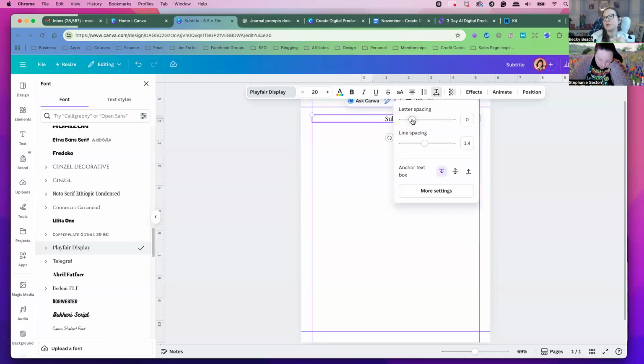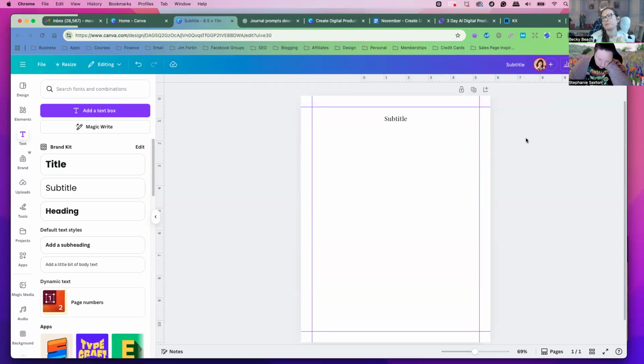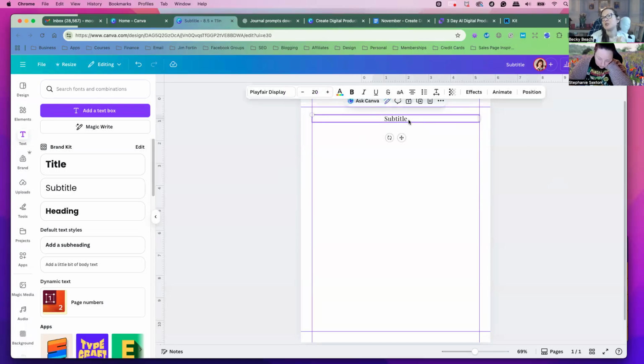And I just want to have the letter spacing a little bit further apart for the kerning, because Canva can't really do kerning as well as InDesign, and kerning is the space between the letters within the text. I think it just looks better if you adjust the kerning. How I did that was I went to letter spacing and adjusted it a little bit. You see how close here that is? If you subtly make it a little bit wider, it's easier to read between the letters.